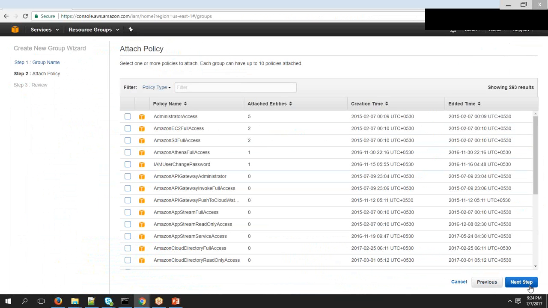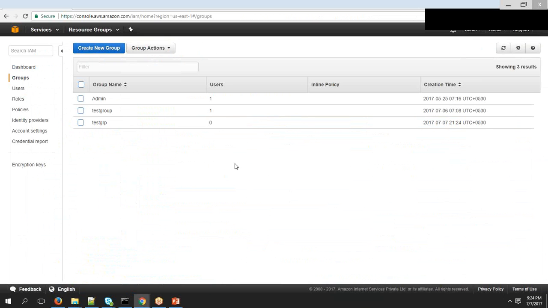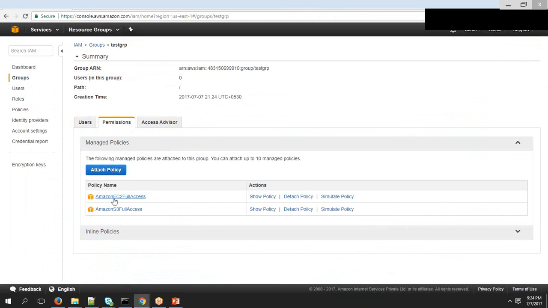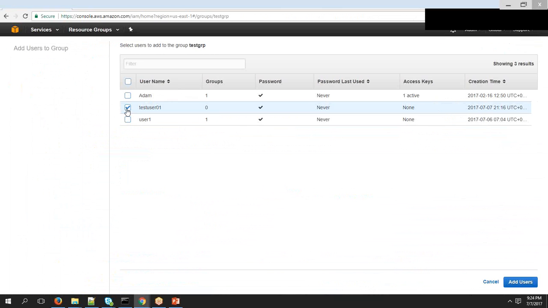And now what are the policies or permissions that you want to attach to the group directly? Okay, so now you can choose. Suppose let's say I want to apply these policies to this group, and in this group, if you want to add a particular user, now you can add. Okay, so now let's go to the group, and in this group, as of now I don't have any people because I've just created it. So here these are the permissions that it has, and now if I add a user to this, let's say this user,